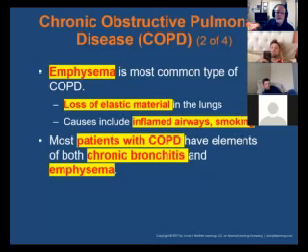Emphysema is the most common type of COPD. You lose the elasticity in the lungs. Let's take that down even further. Your patient loses the elasticity in their alveoli. And what does that do? Remember that